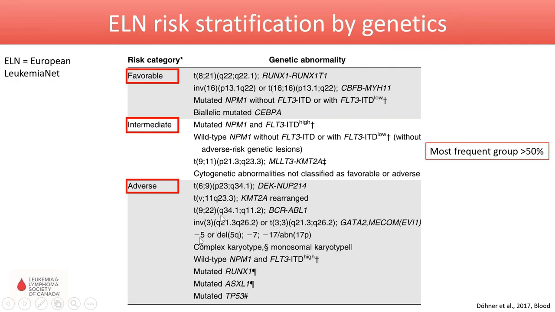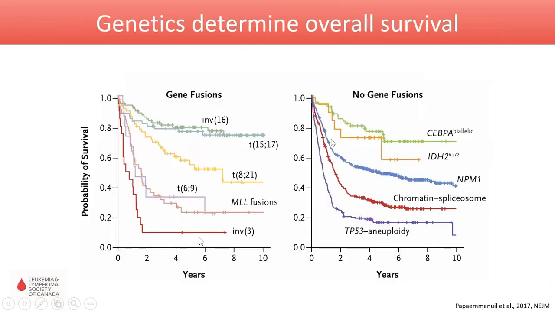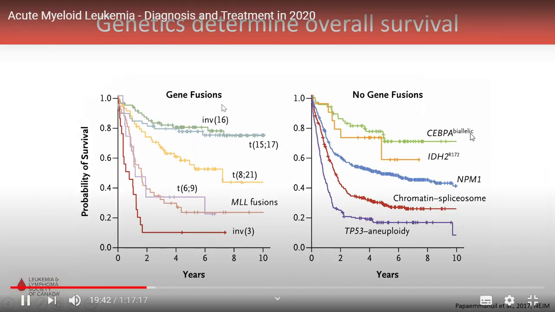So this is really important for us, because we also have to stratify how intensely we have to treat patients, or whether we can treat them less intensely. And this is important to know. The most frequent group in here is the intermediate group, with the normal karyotype, meaning these patients have no translocation. They have maybe molecular mutations, but there's no major translocation defining this group. This is the most frequent group, with above 50%. And here, this is a good picture showing how these gene fusions